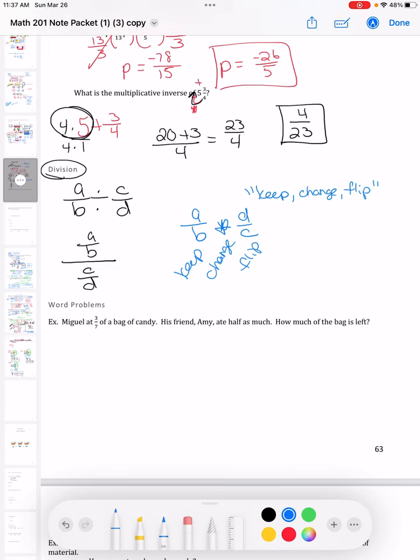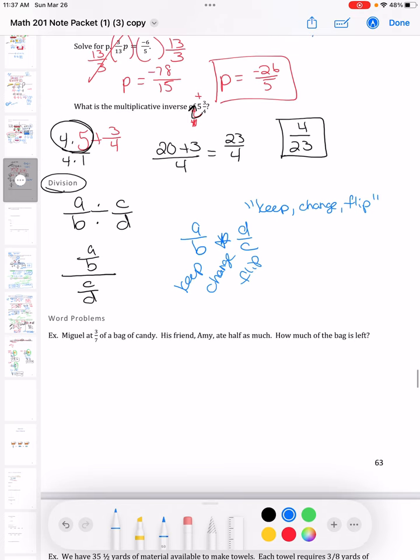I didn't give myself a lot of room here. I have to erase. You may have to squeeze this in. So I'm first going to consider 3 divided by 1/2. I'm going to go ahead and work the answer, and then I'm going to give a visual with it as well. We would keep the 3, change to multiplication, and flip. That's just really 3 times 2, so my answer is 6.